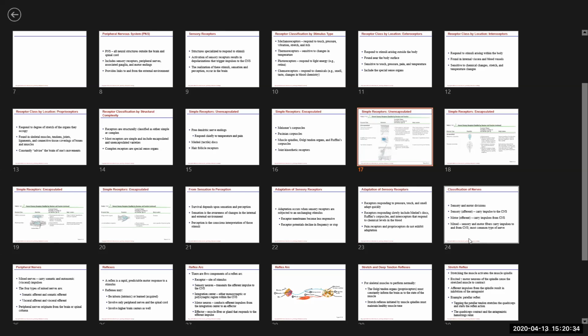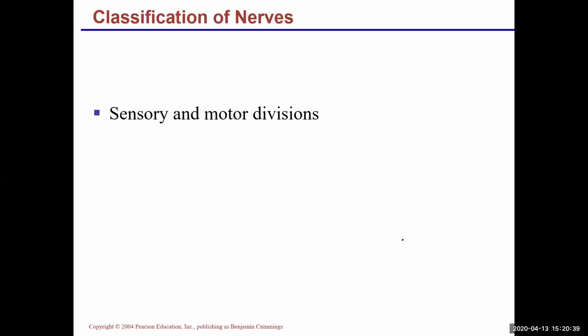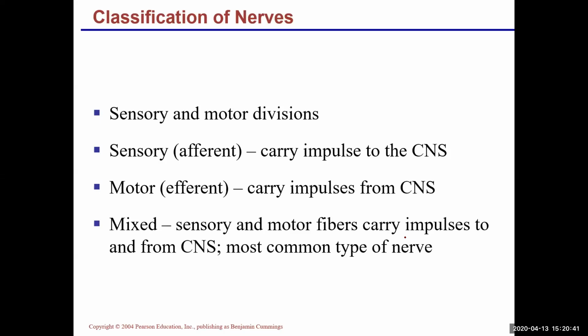Next up, we wanted to take a look at classification of the nerve. Classification of the nerve based on mostly directions and whatnot. It'd be either sensory, motor division, or mixed, both. So the sensory or afferent division, remember, carries impulses towards the CNS. So again, you have from a receptor via the sensory neuron or afferent fibers, you take information in to the